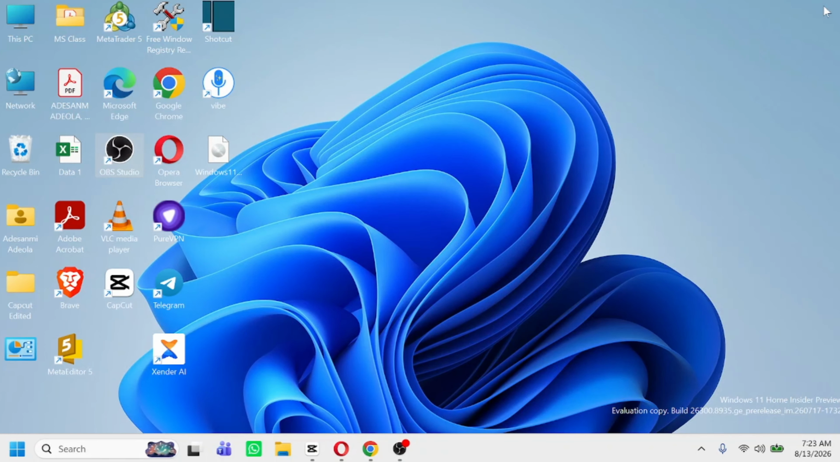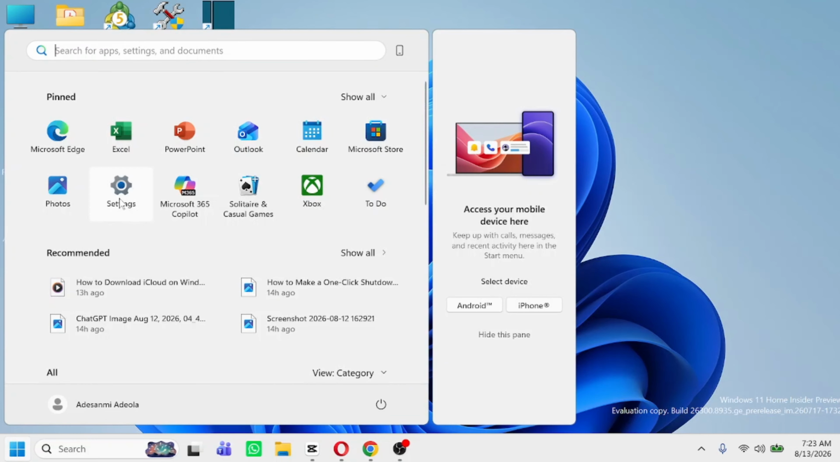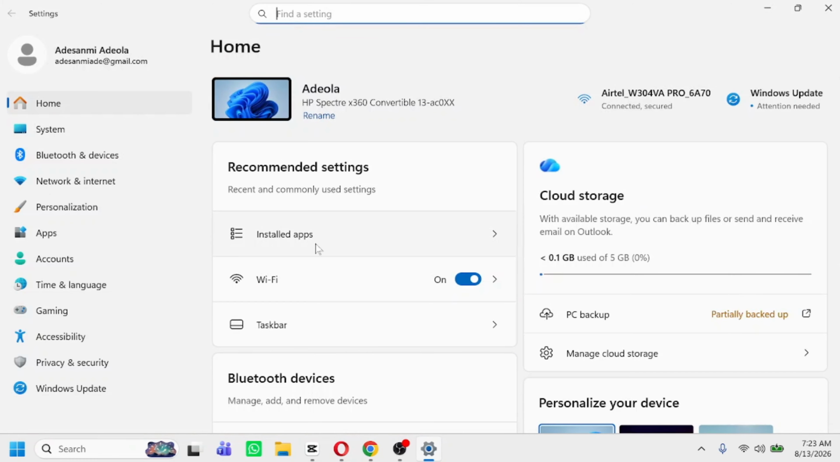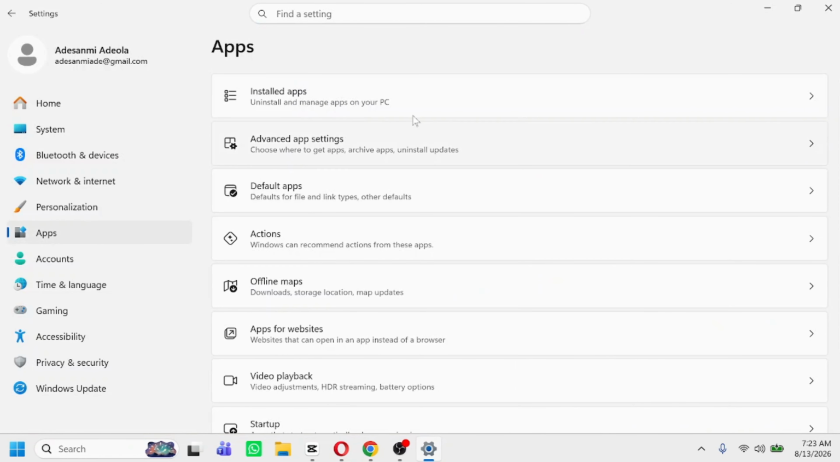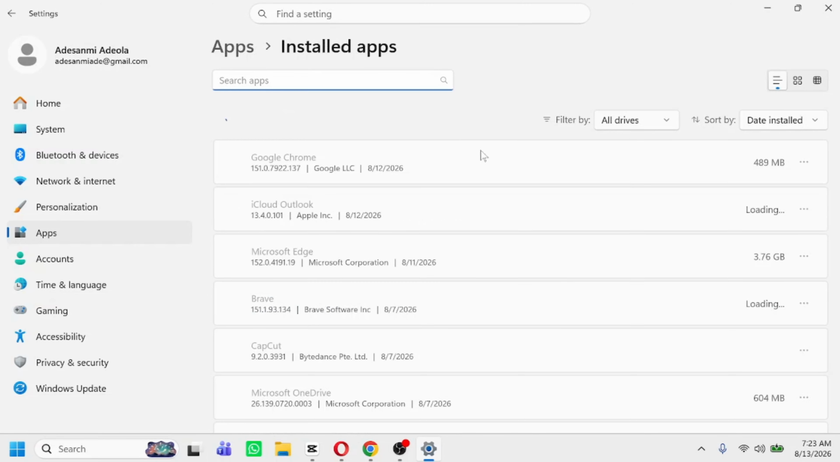The second process is simple as that. Come to this place, click on this icon, this start icon, click on settings. Now here click on apps at this side. Now click on installed apps on your device, and once you click on that, wait a few seconds for this